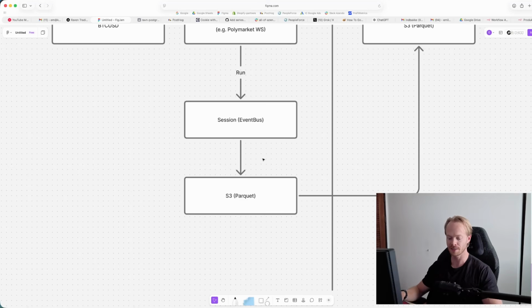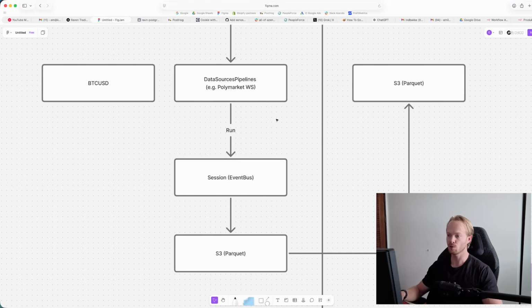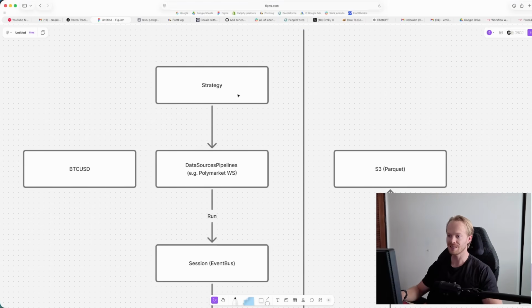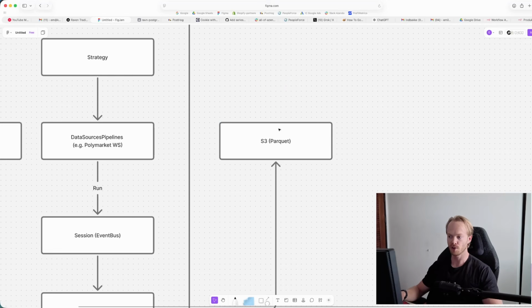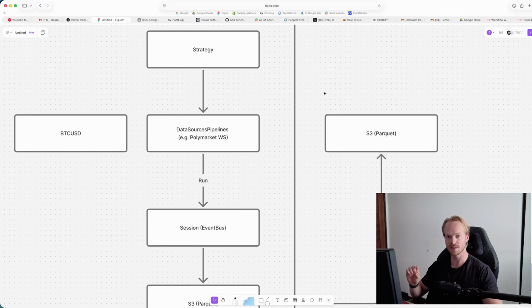Now, the interesting part here is that it allows us to run the same strategy, not on the live data, but on the data that we collected. So if you want to do a small tweak in your strategy and test how that would actually have functioned on the same market, you can actually do so. Of course, you have to be a little bit